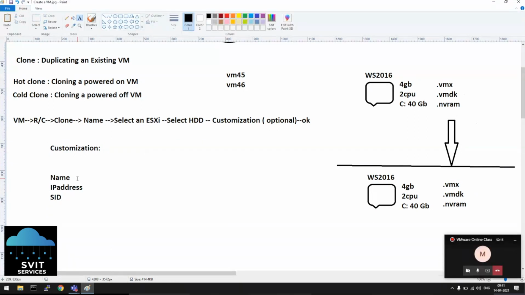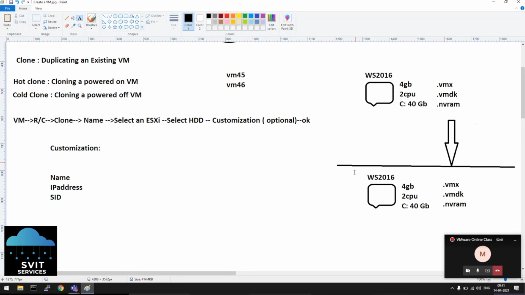In a network, maybe 5 computers connected together, or maybe 1 lakh computers, whatever it may be, any two computers should not have the same name. We should change the name of the computer when you are creating a second VM or cloned VM also.